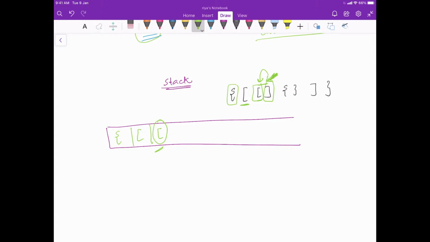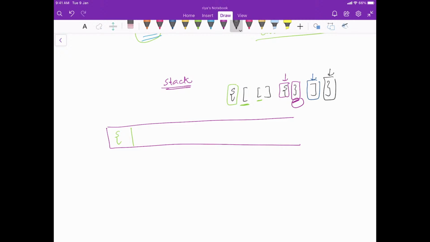Now if this is a matching opening bracket, let's see here. This was the situation when we had a closing bracket, and now I have to look at the top of the stack, and there is a matching bracket at the top of the stack. So I will simply remove it from here. Then I will move to the next part. I come across an opening bracket, you simply put it in the stack. Then you come across a closing bracket. Now when you come across a closing bracket, look at the top of the stack. There is a matching opening bracket at the top of the stack, so you simply remove it. Again you come across a closing bracket, on the top of the stack there is a matching bracket, so we can simply remove it.